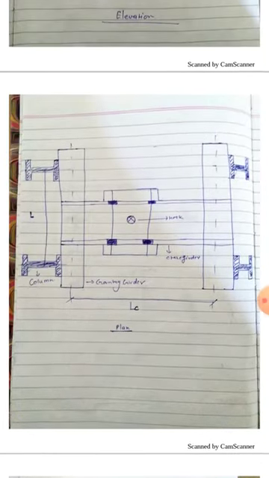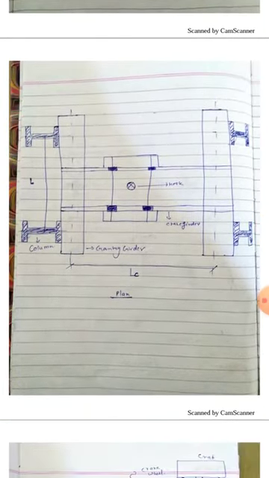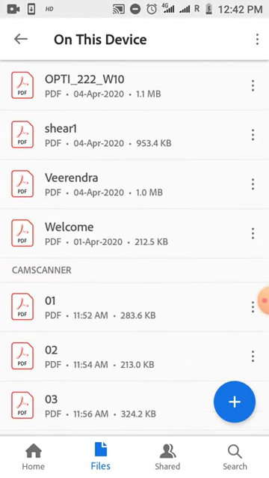Now we'll see the top view. In the top view, you can clearly see that 4 columns, 2 on each side on which gantry girder is resting. The crane is spanning between 2 gantry girders on which trolley having 4 wheels is moving on it. The distance between the columns is termed as span of gantry girder. The span between gantry girders is termed as span of crane girder, which is represented as LC, that is span of crane girder. Now we will see the different points that are mentioned in the question.